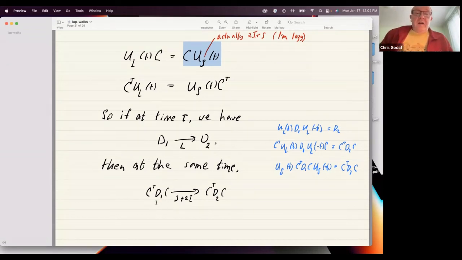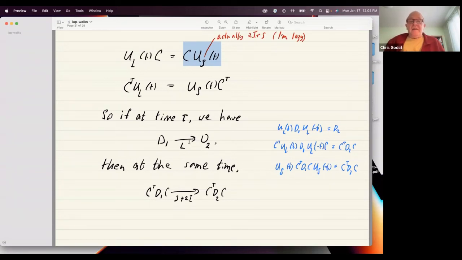Now, notice that this matrix is clearly positive semi-definite because D1 is positive semi-definite, and so wrapping it by a C transpose and C doesn't lose that. Clearly if we get transfer from D1 to D2, these are density matrices. It's not immediately obvious to me that these two matrices have the same trace, but that's a consequence of what's going on, okay? So these are positive semi-definite, and so we're getting state transfer on